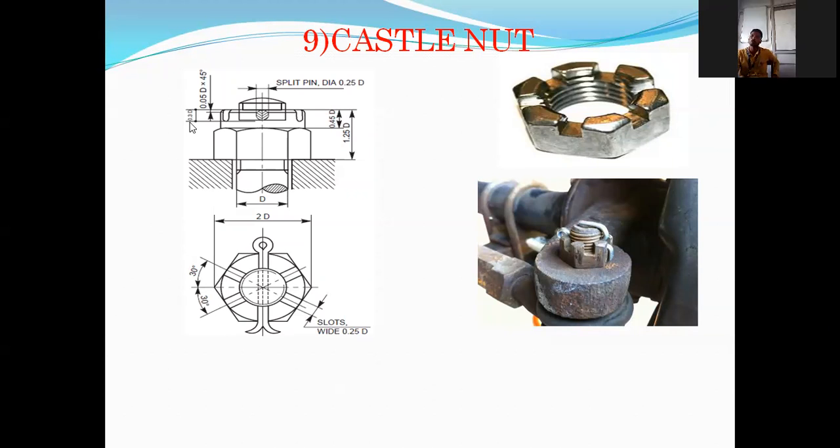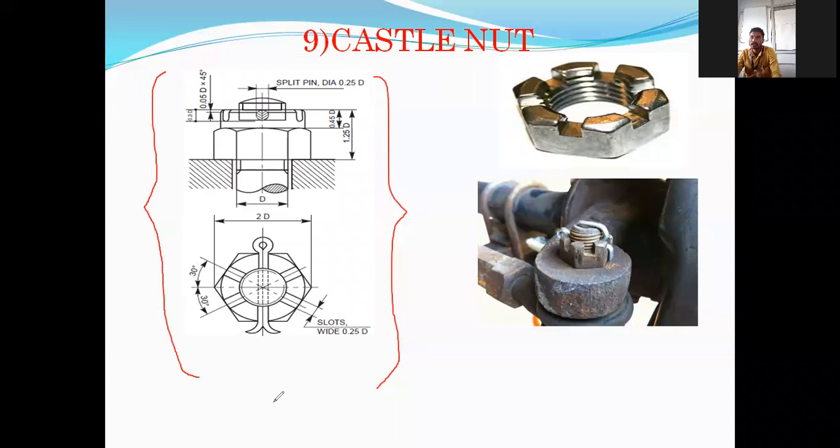What is the 2D diagram you are observing here? What is the speciality of this diagram? It is not only the diagram of split pin, not only a diagram of castle nut. Whatever diagram you are observing, it is the diagram of not only the castle nut, but it is an assembly of three things. Which are the three things? Number one, castle nut. Number two, bolt, and number three, split pin.